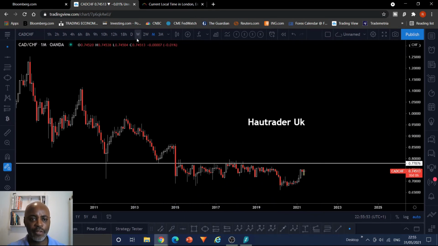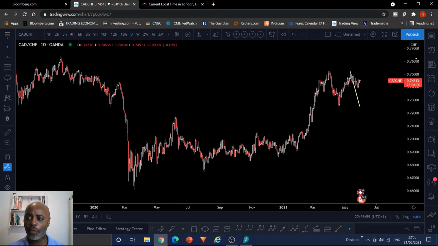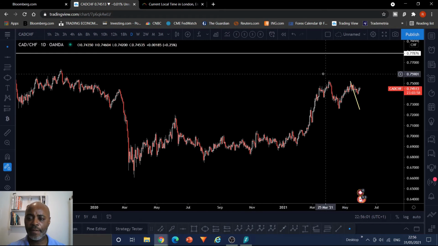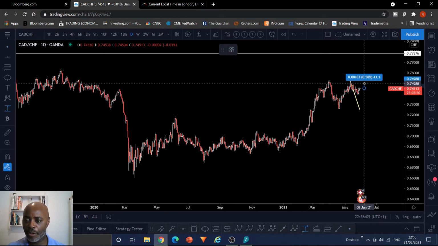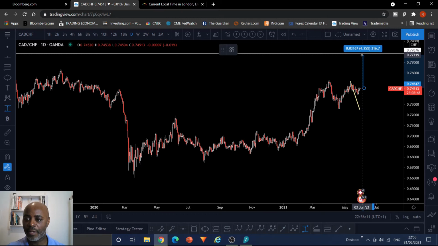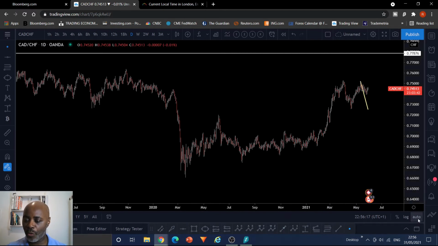Let's go down the time frame. Let's go down to the daily chart and see where price is at the moment. All right, so there you have the white line where I think price could push up to. How many pips is that away? Let's have a look at that. If I bring price to where price is, that's some 330 pips away at the moment. However, if I just auto this back down,